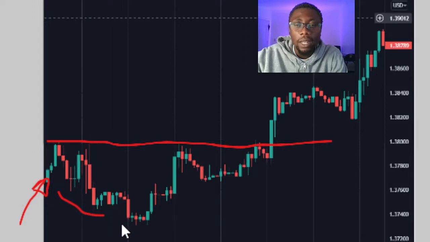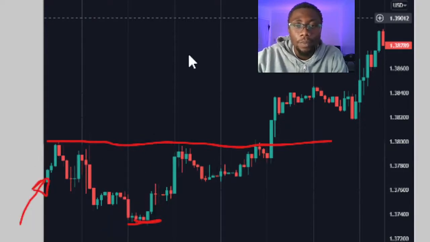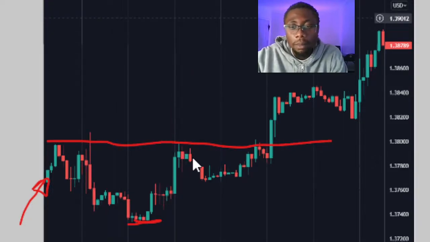It then created a new level right here, a support level down below. It then continues to trend higher back to retest this area right here,